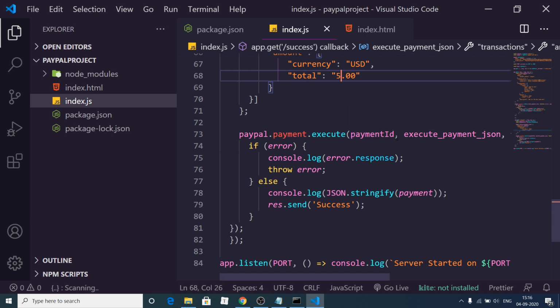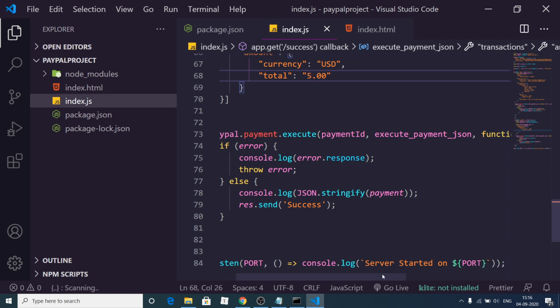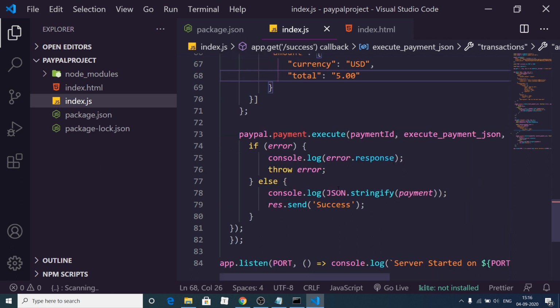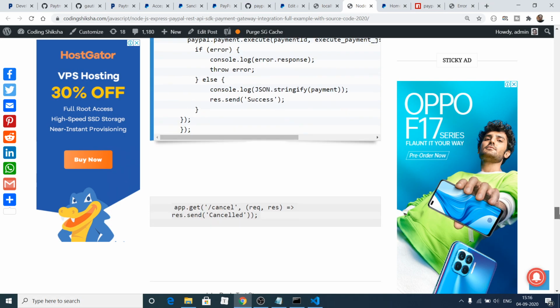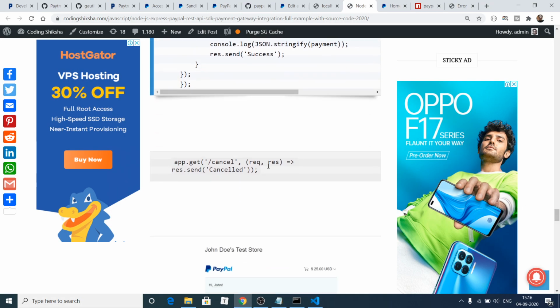It will take the payment ID and this JSON object, and it will process the payment. If it is successful, then it will return the JSON object in the console, and also it will send a success message to the browser. And similarly we also need to write the cancel event also. So this is a simple request.